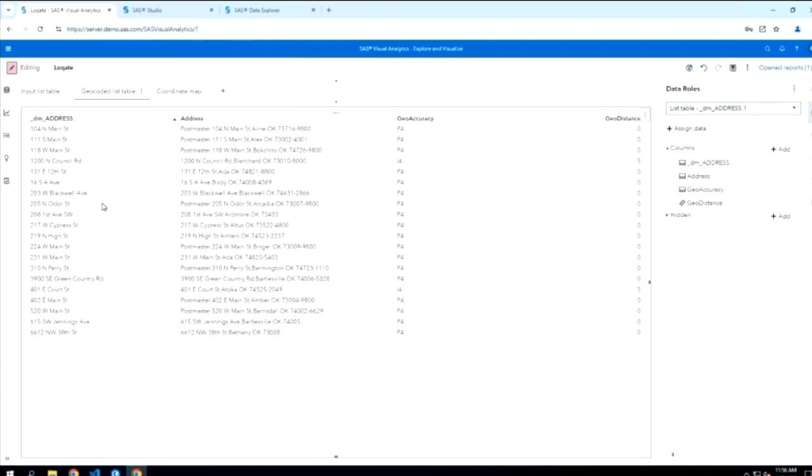And so you can see the matched address here and the input address. So we've got 104 North Main, 104 North Main, so that all looks pretty good.